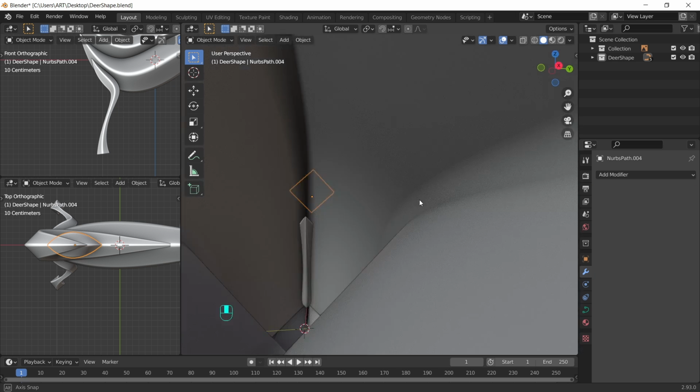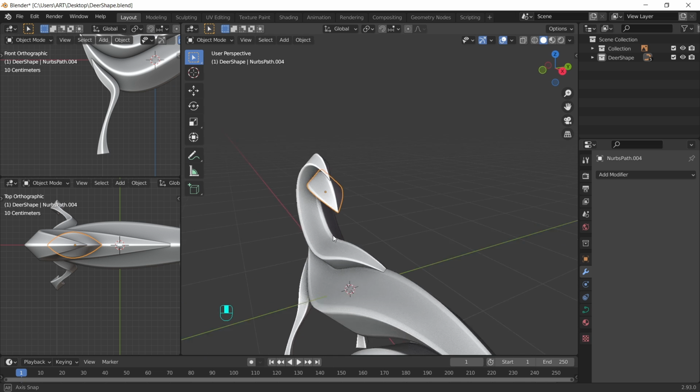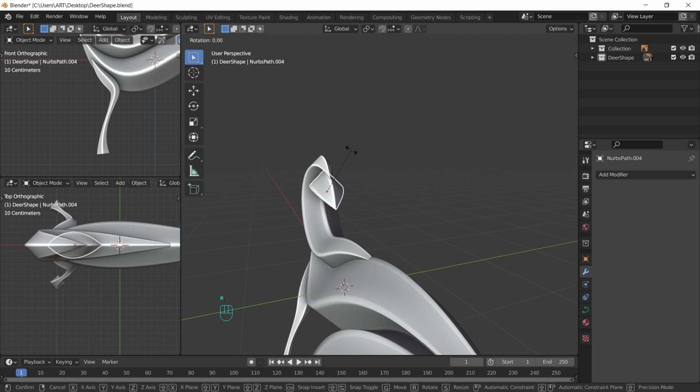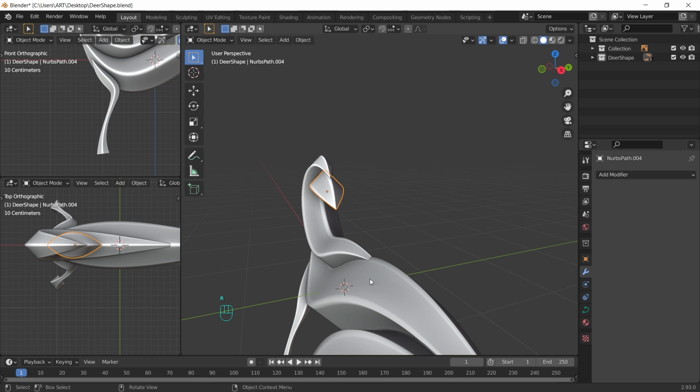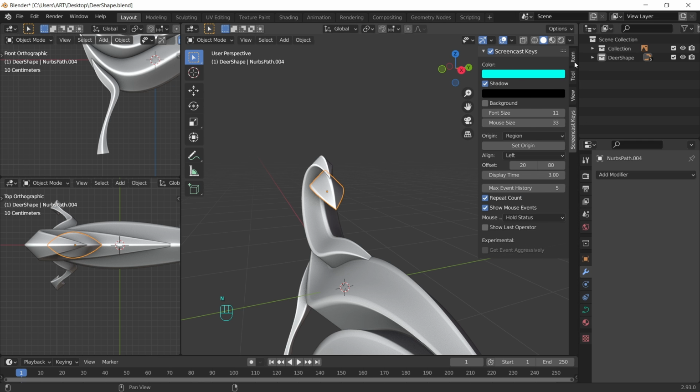What about the head, guys? I want to rotate it on the X axis. But if I do so, it's not the effect I'm looking for. So for this you can press N, go to Item,